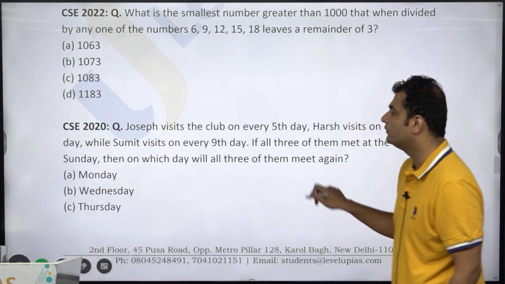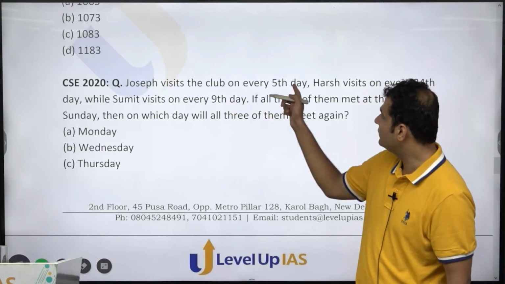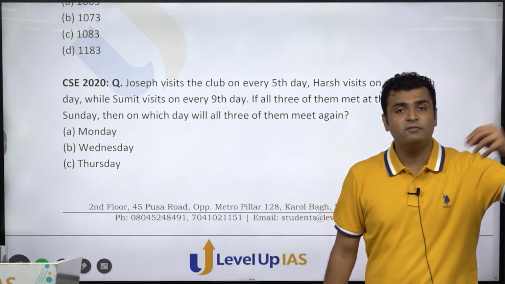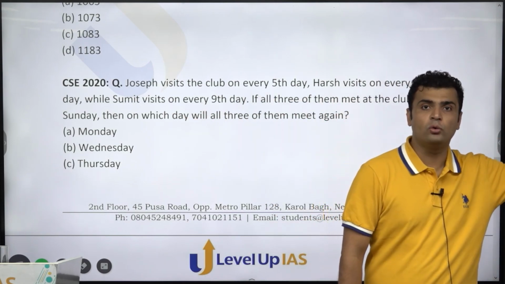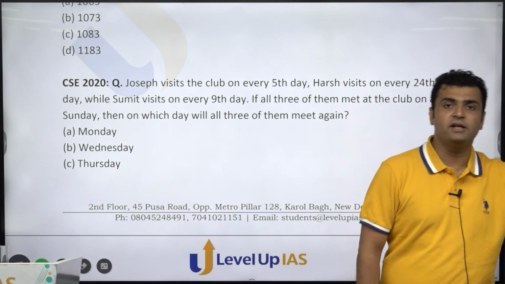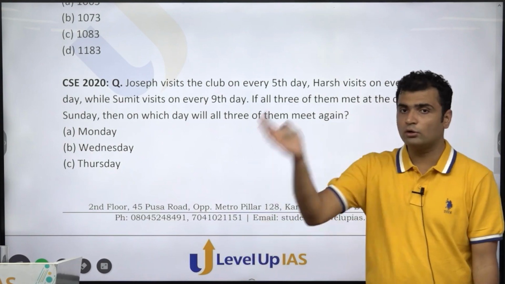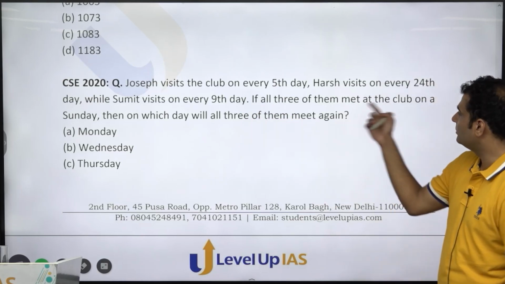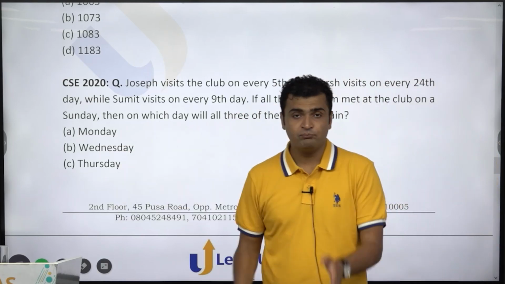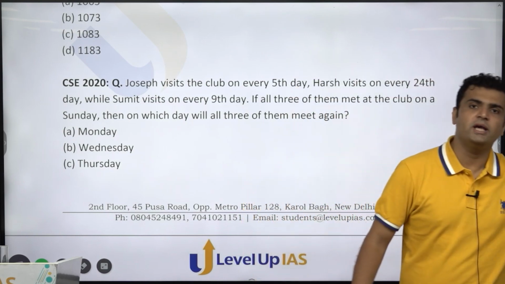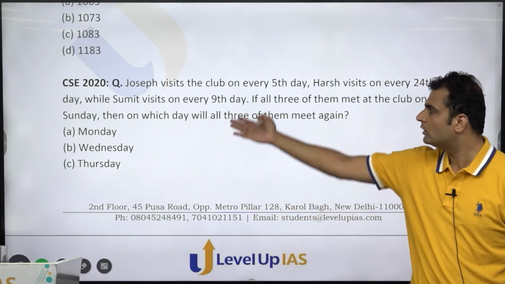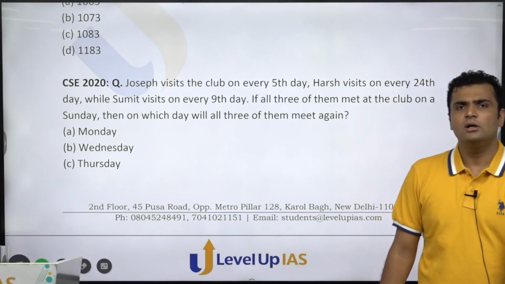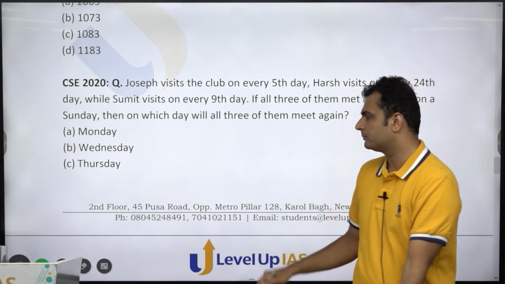अब again question देखो. Joseph visits the club every 5th day, Harsh visits every 24th day, Sumit visits every 9th day. तो चीजें अलग अलग फ्रीक्वेंसी में, बट साइकिल में हो रही है. 5th day, 10th day, 15th day, and this guy is on 24, 48 वगैरह वगैरह, 9th day, 18th day and so on. तो if all of them meet on the same Sunday, स्टार्टिंग डे सेम है, तो फिर से कब एक साथ मिलेंगे, क्या करना है, एलसीएम निकालना है और उस दिन कौन सा डे होगा वो पूछा, कौन सा डे होगा 7 से डिवाइड कर लो और देख लो कितना आगे जाना।